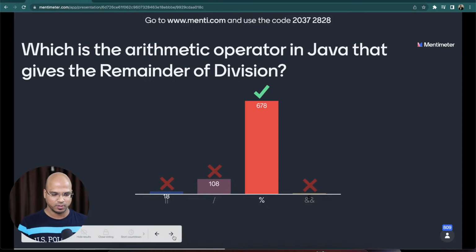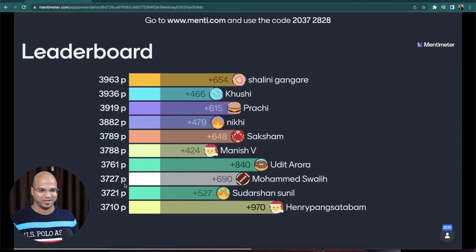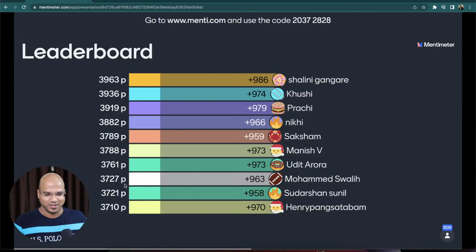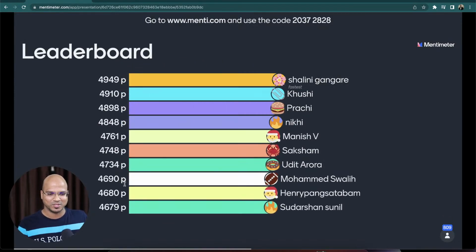Let's see the leaderboard, and let's see who did well in the first half. Okay, almost everyone is spot on. We got Shalini, Khushi, Prachi. There's no change in the top 3. Is there any upgrade? Okay, so Sudarshan, you just went down. Okay, that's fine. We still have 5 more questions, but those 5 questions will be coming at the end